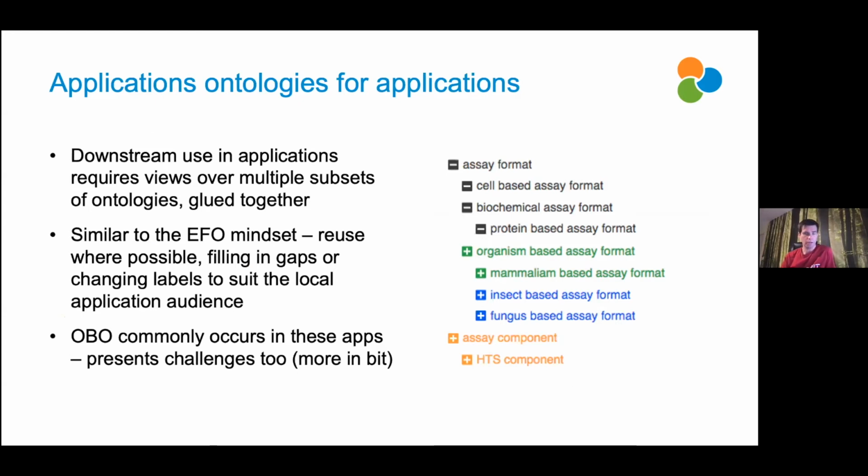The idea that that reference ontology is a model of some bit of biology, but actually to power some applications, you often just need a little bit of that, depending on what the application is. And further than that, that you might want to refine that ontology to meet the application audience's needs, is something that we see a lot of across the industry. So it's a very practical approach to how you can deploy ontology.